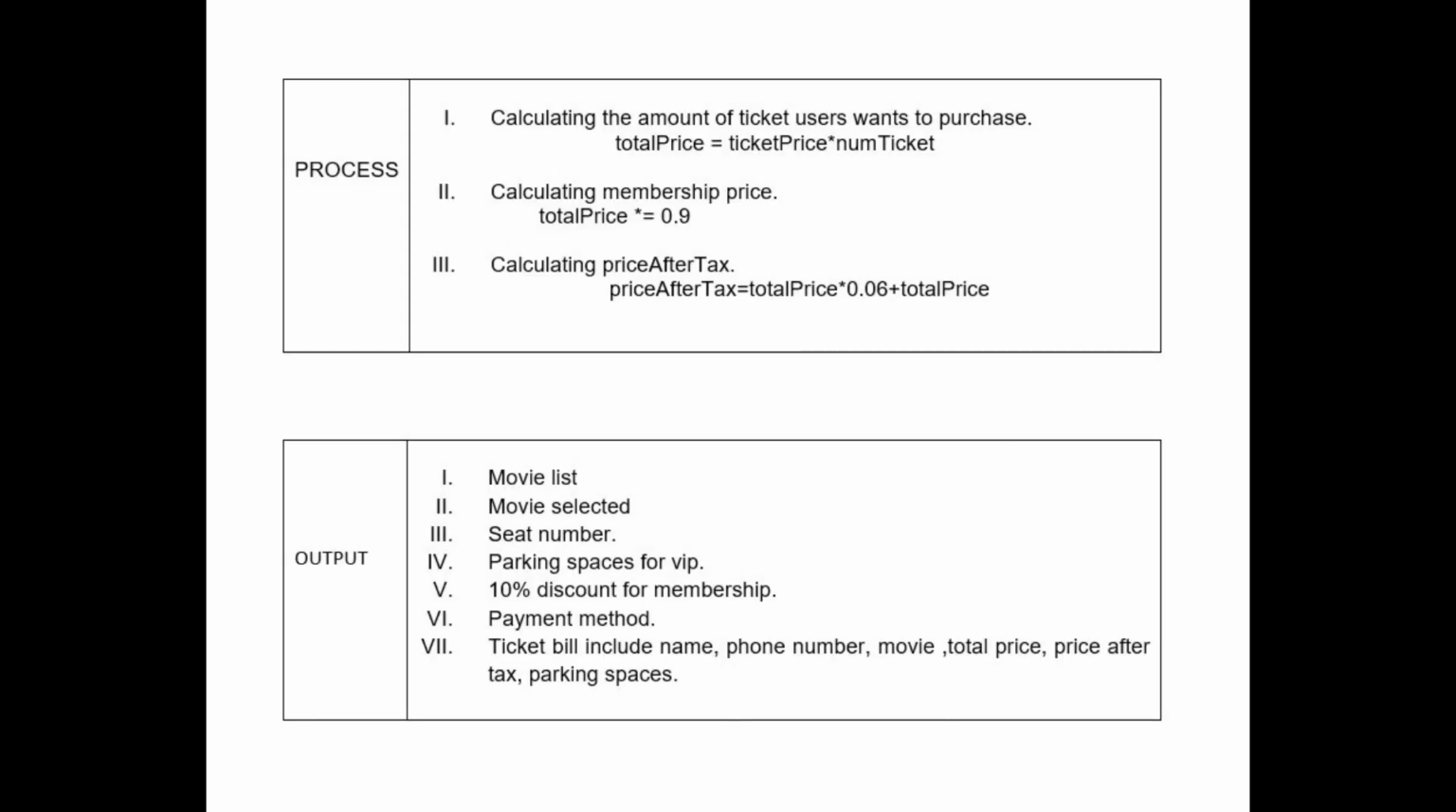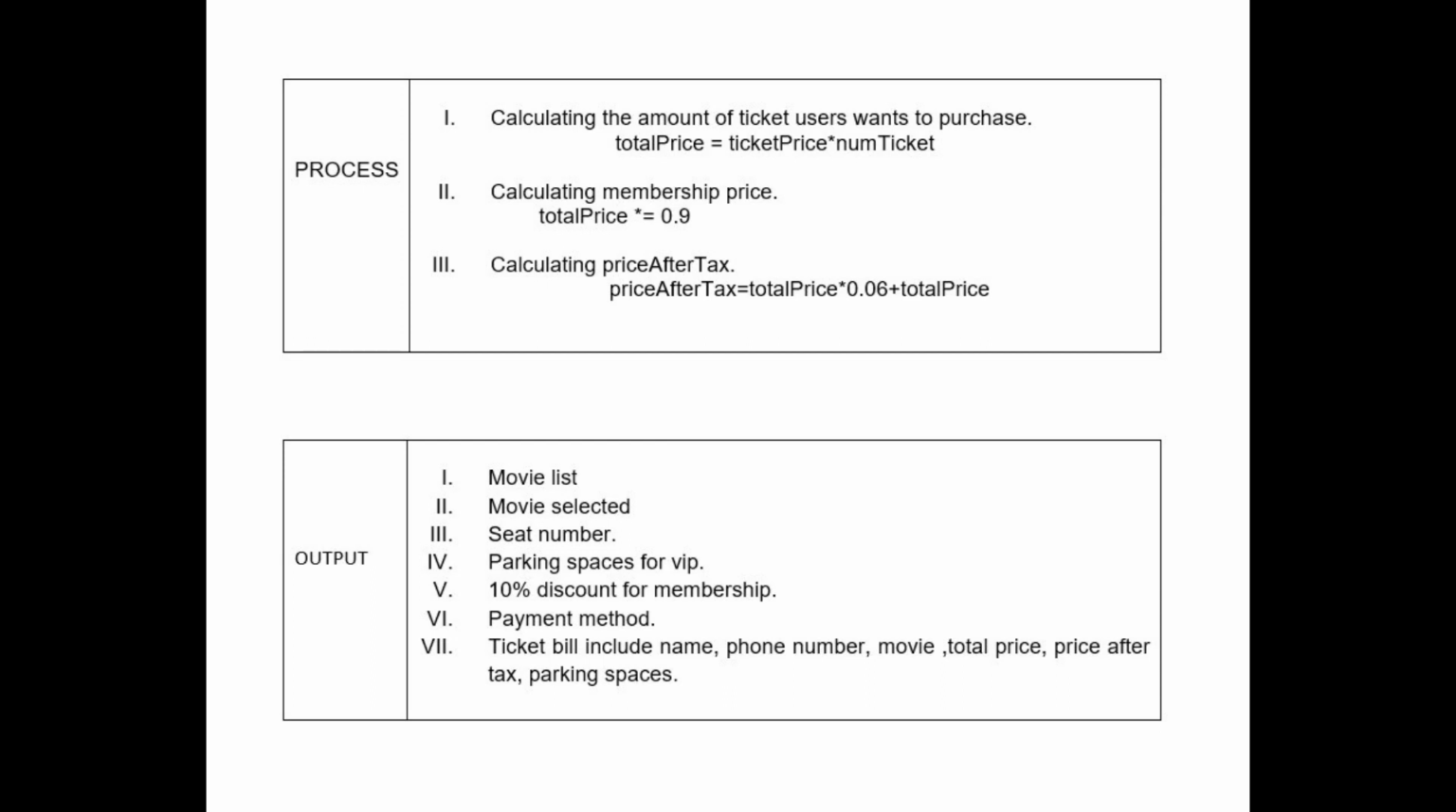The process is calculating the number of tickets the user wants to purchase. Total price equals ticket price multiplied by number of tickets. Second is calculating the membership price. Membership price equals 0.9 multiplied by price after tax. And the last is calculating the price after tax. Price after tax equals total price multiplied by